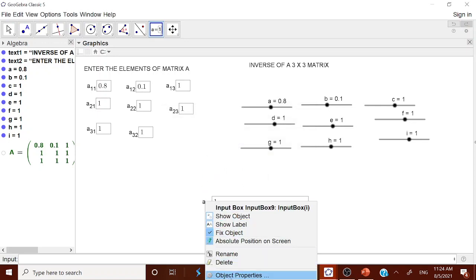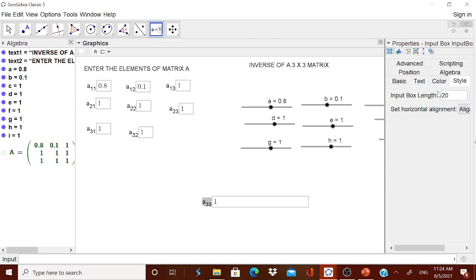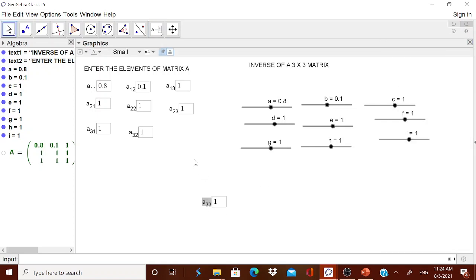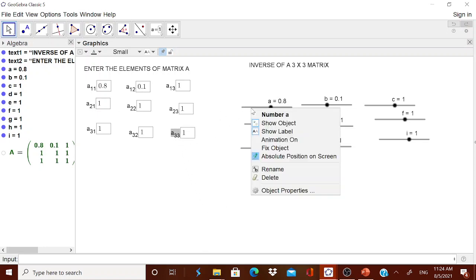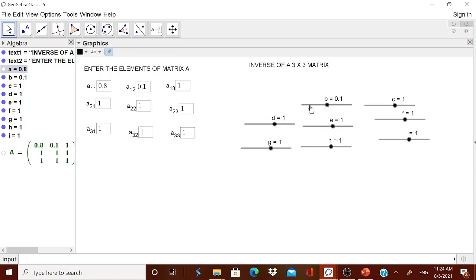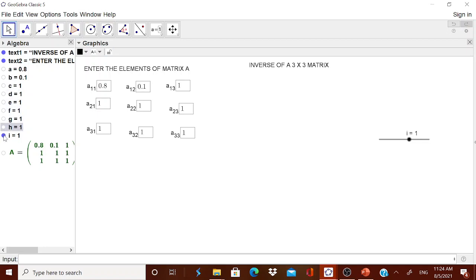Okay, object property. Then convert it into 3, and then okay, you are able to move. Not able to move. Okay, able to move. Now all of this can be hidden. Show object, then you can show the object, or otherwise you can remove it here also. Quickly I will remove all of them. Remove means hiding. I am not removing them.